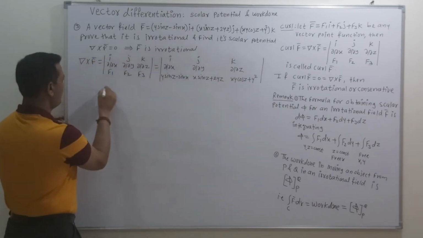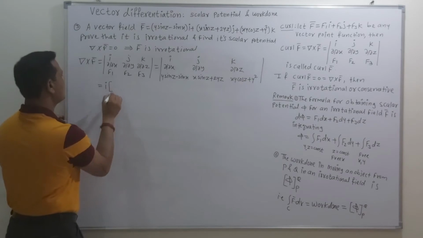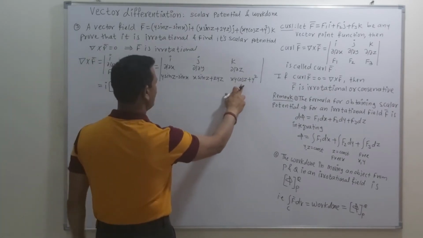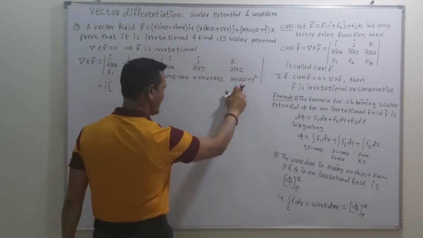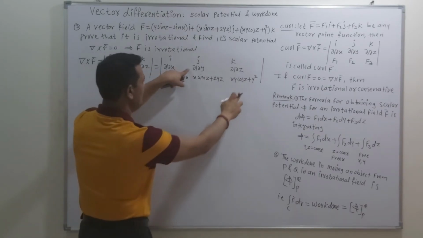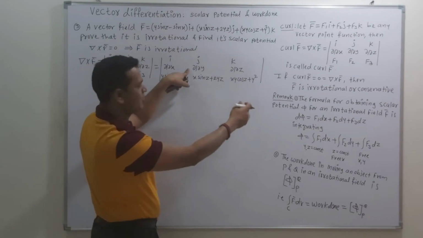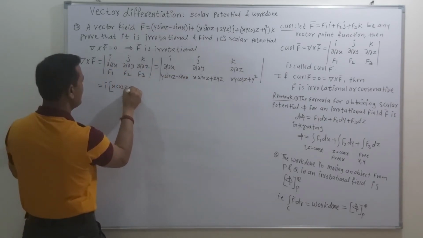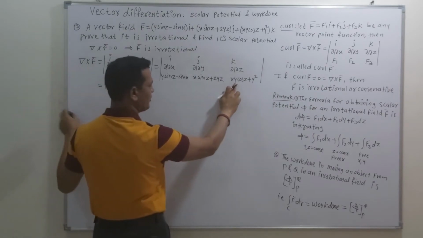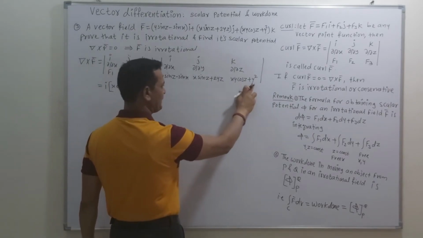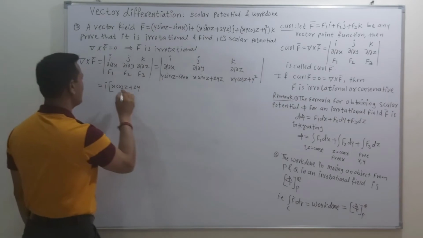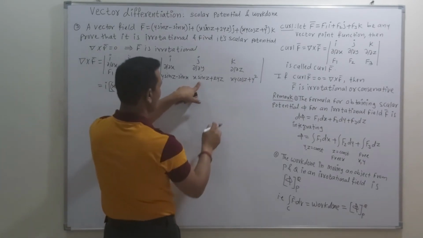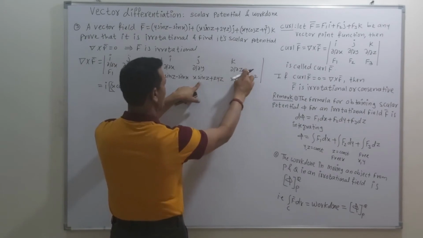So that's why first evaluate this determinant. So we get this as i times. Now take the derivative of this function with respect to y. So here while taking the derivative with respect to y, x and z are constant. So we can write this as x cos z plus 2y. So the derivative of this y with respect to y is 1 and the derivative of this y square is 2y. So this is the first term, minus, now take the derivative of this term with respect to z.